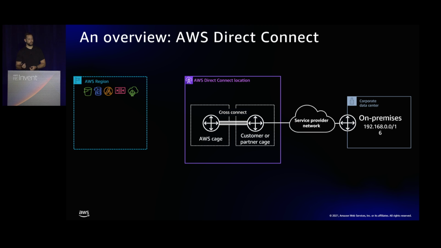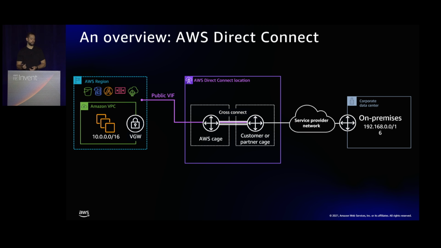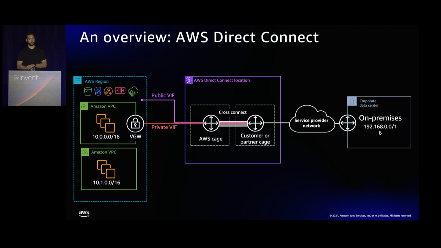So then we have the AWS region over here on the left-hand side. And with Direct Connect, you can essentially build a public virtual interface, which allows you to connect to public services, or you can build a private virtual interface via what we call the VGW, we touched on a little bit earlier, and have a private connection directly to your VPC. So now you've extended the VPC all the way through to your on-premises. What you can also do is have up to 50 virtual interfaces per Direct Connect. So you could connect to up to 50 public or 50 private VPCs if you wanted to. And in this case, we have 2 private virtual interfaces connected to 2 VPCs.